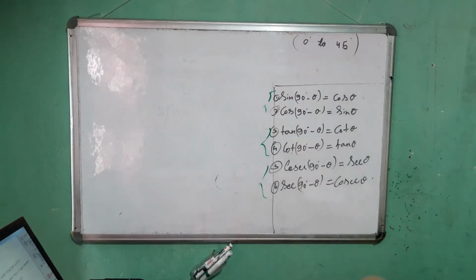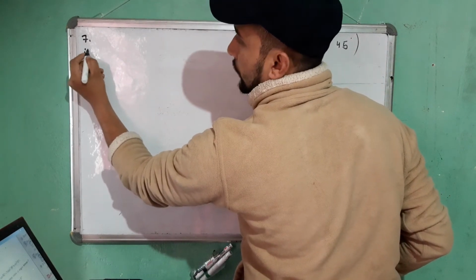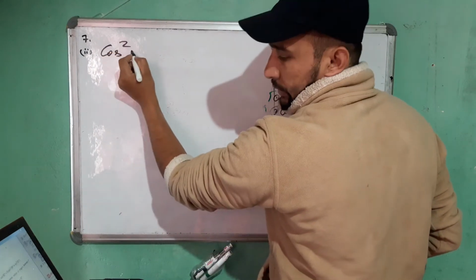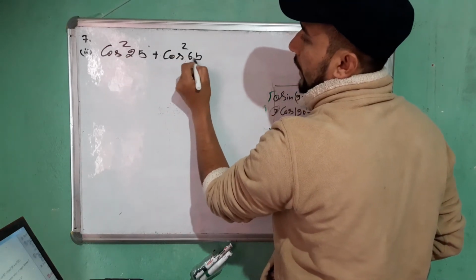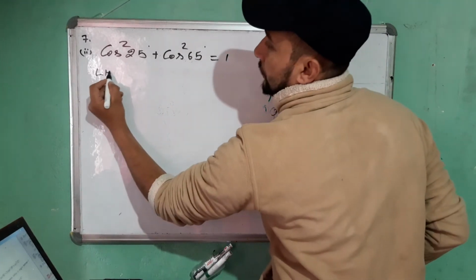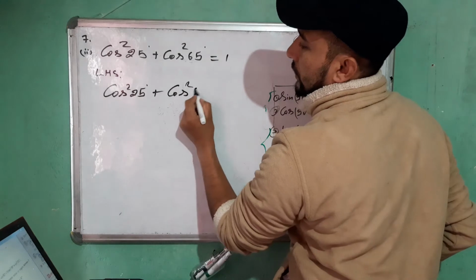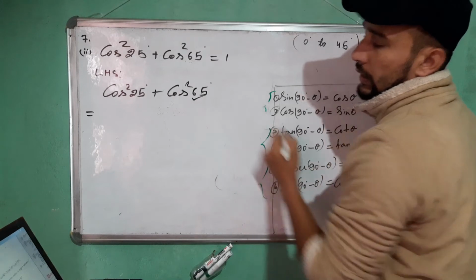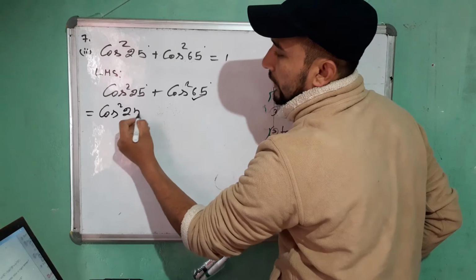Number 7, number 2. You have cos square 25 degree plus cos square 65 degree is equal to 1. You have to prove this. So left hand side, LHS, cos square 25 degree plus cos square 65 degree. They have a complementary relation. Let's convert this. Since 65 is bigger than 25, cos square 25 is as it is plus